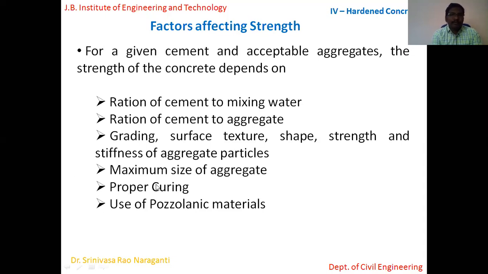Then curing. We have seen the relation between curing and compressive strength in module 1. When the concrete is well compacted and properly cured, we see the perfect inverse relation. If it's not cured properly, then we will have very negative results on the compressive strength. Curing is important. Then use of pozzolanic materials. Whether we are using pozzolanic materials such as fly ash, shale, different kinds of clay material, or any other pozzolanic materials, that also has bearing on the strength of the concrete. So these are some of the factors that affect the strength of the concrete.